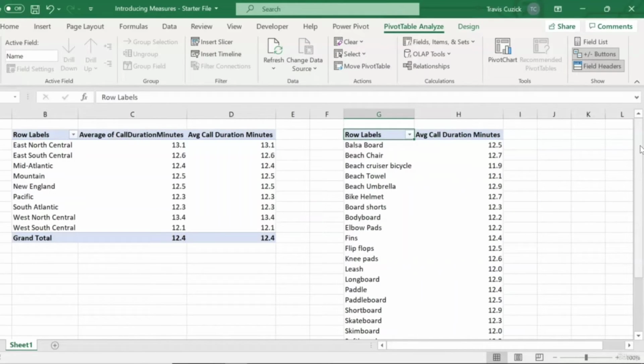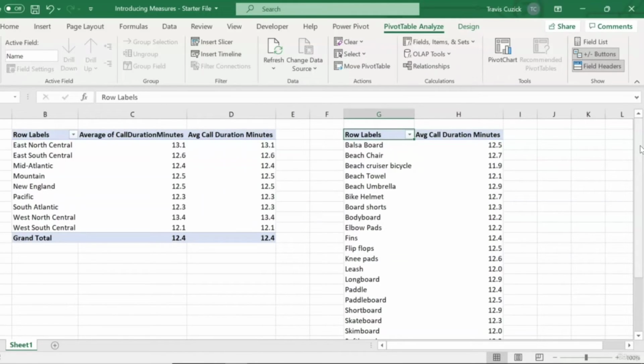So if we decided to change the logic of our calculation, or the formatting of our measure, or the name of our measure, we would simply have to do that in one place, as opposed to needing to worry about updating multiple different pivot tables. This allows us to follow one of the biggest commandments of programming and development, which is the DRY principle, or don't repeat yourself. You normally don't associate programming methodologies and paradigms with a spreadsheet, but that's how much power DAX